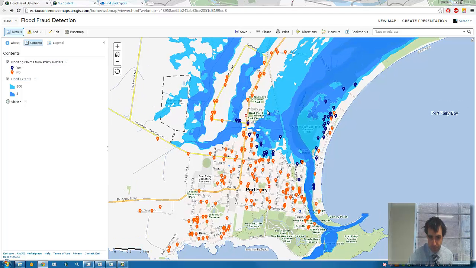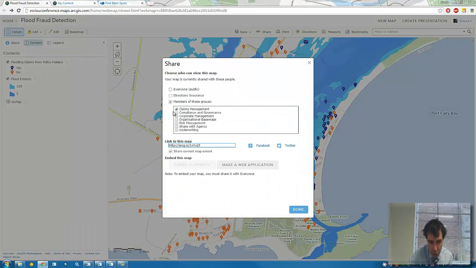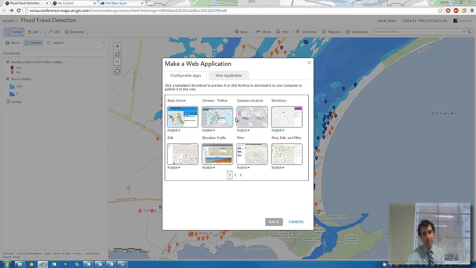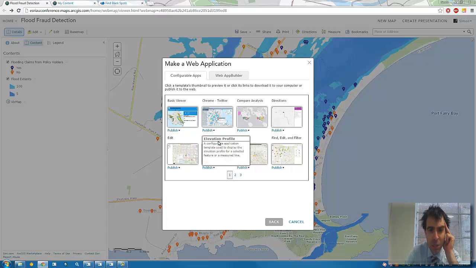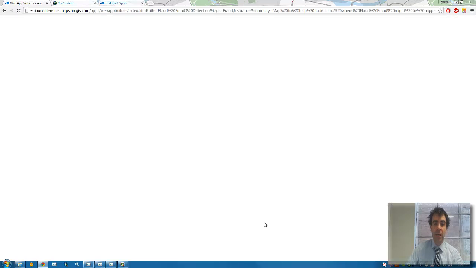And with this web map, we want to share it. We don't want to share it with everyone, we just want to share it with the claims management team, create a web app. Now these app templates, there's not one particular one that actually meets all of the requirements laid out by the claims management team. So to do that, I'm going to launch the application builder. Now the first step